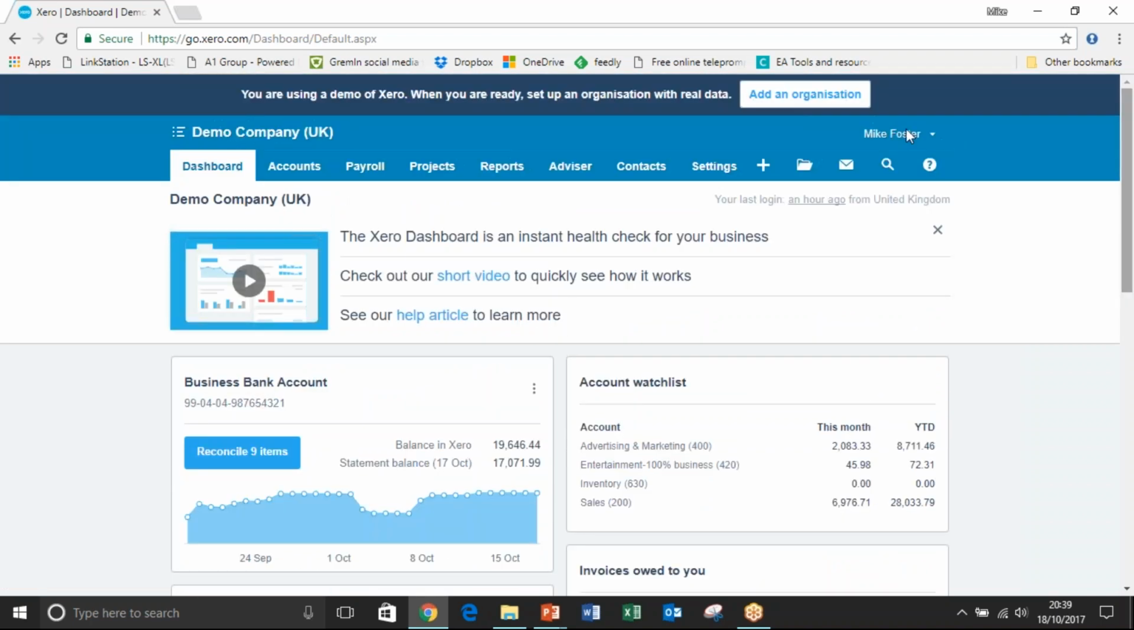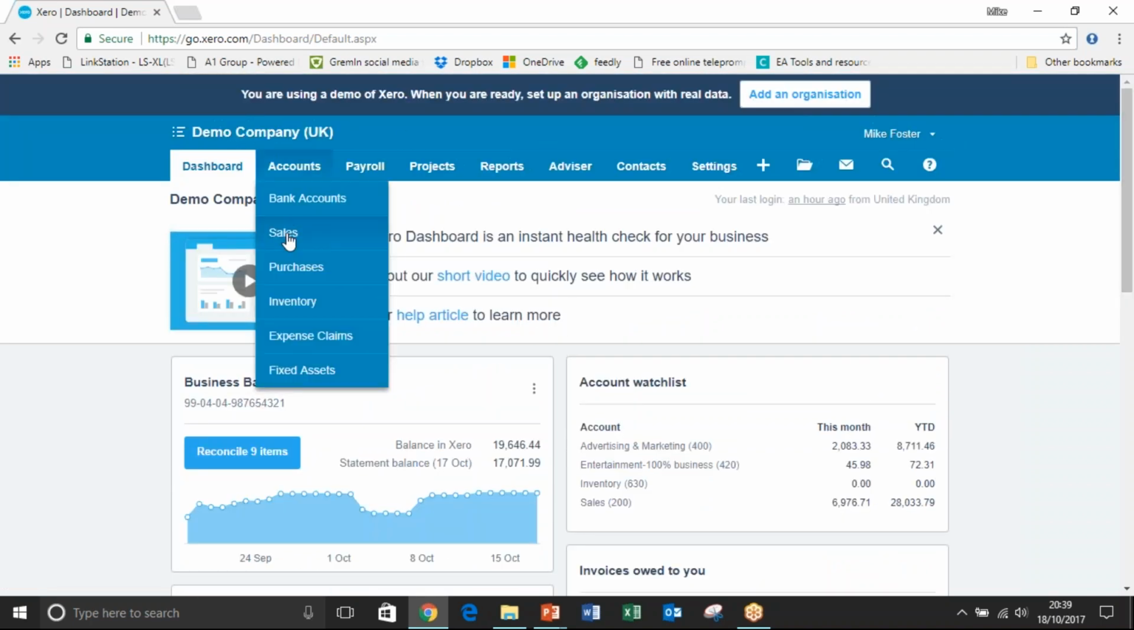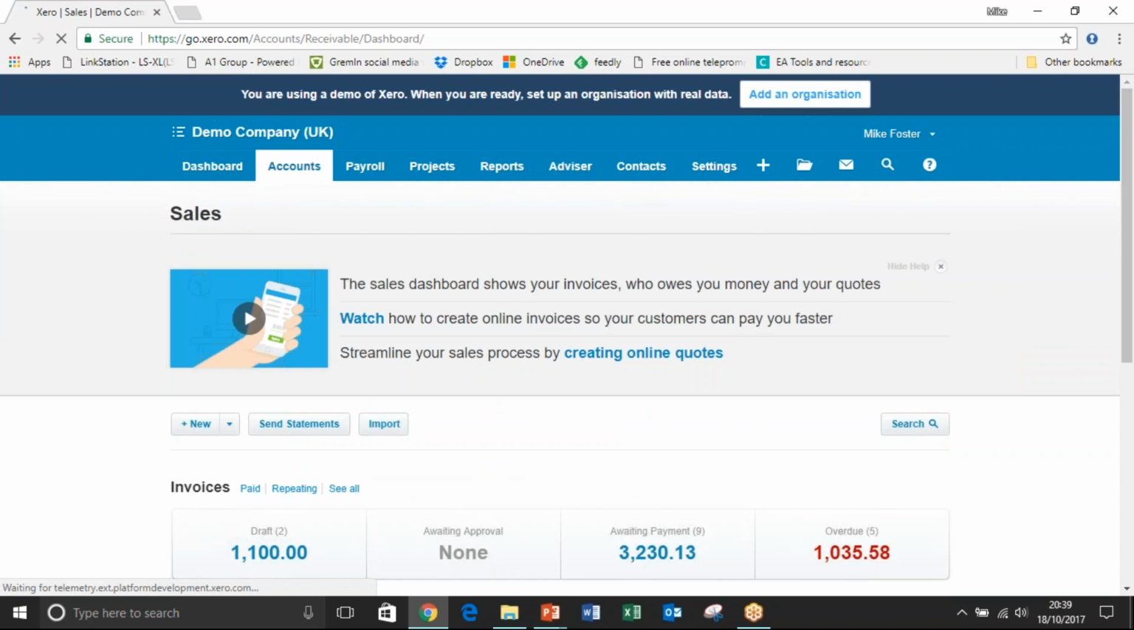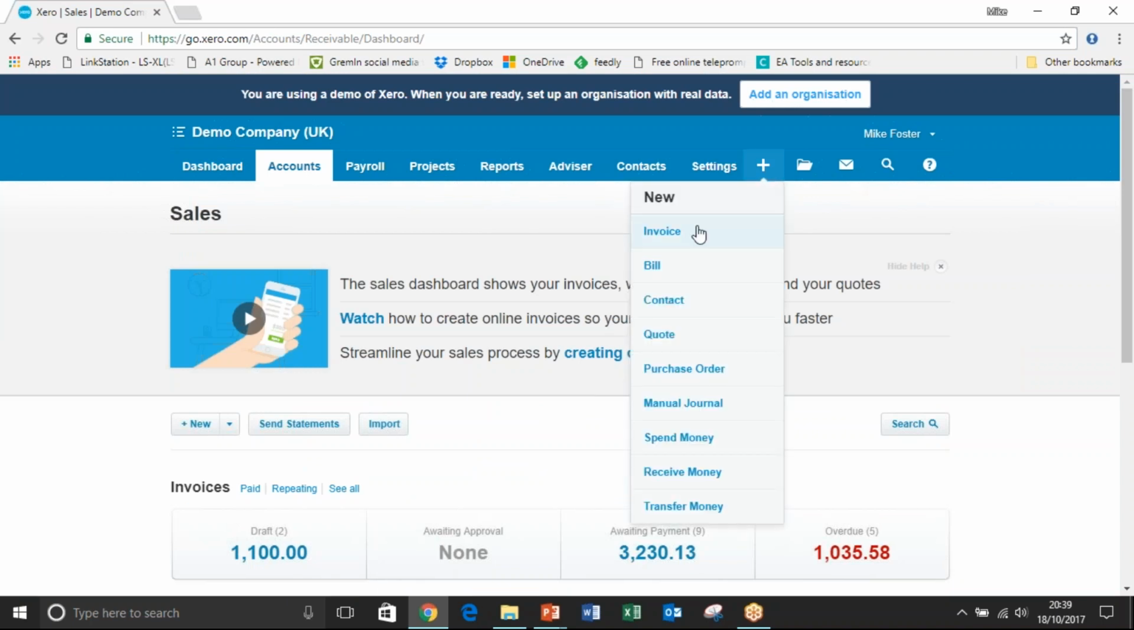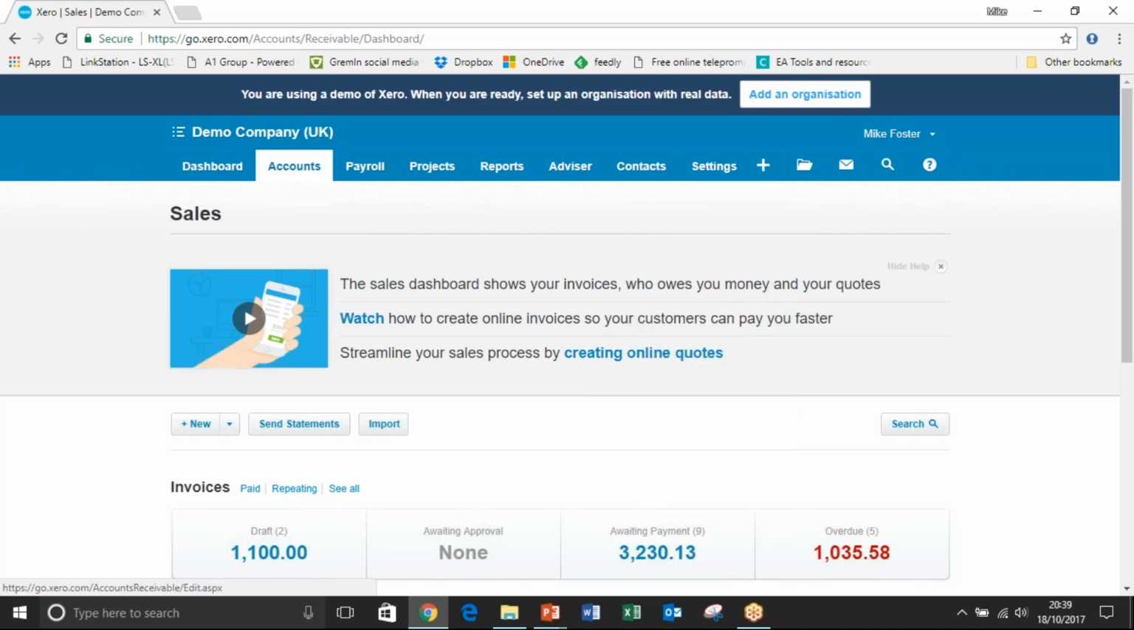Let's talk now about raising invoices. So again, if we look at accounts and sales, let's look at raising a sales invoice. We can do this through Plus, and a sales invoice is invoice, a purchase invoice is bill. So again, it's using language that business owners are more related to rather than perhaps terminology we use as accountants. But if we say raise a new invoice,